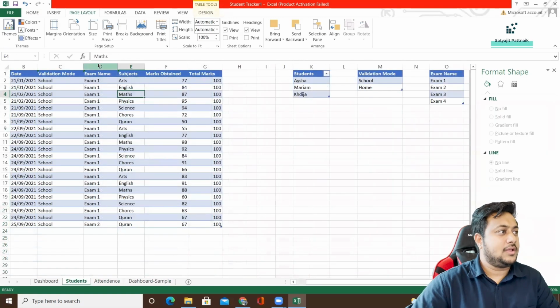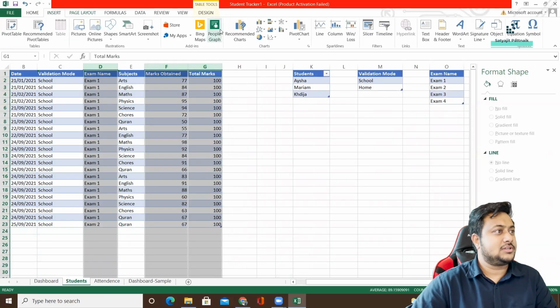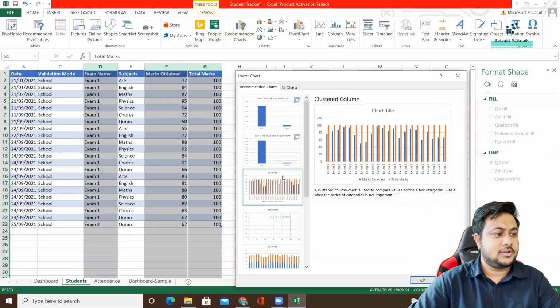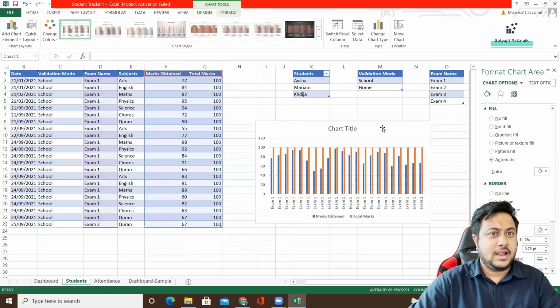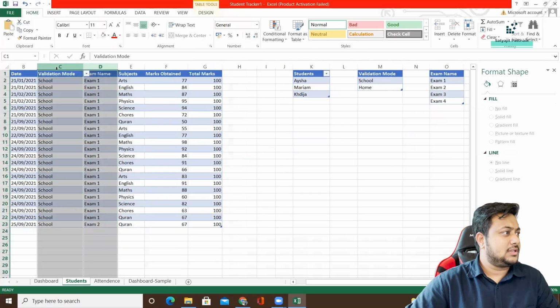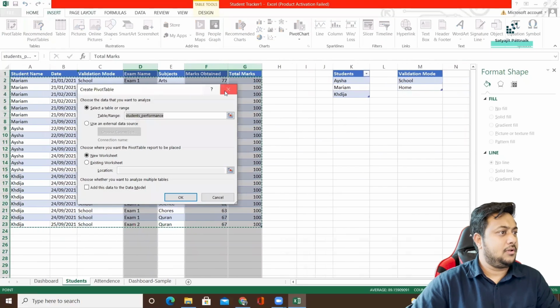Let's say I want exam with marks in this one. I will insert my chart, and let's try to add some changes. Exam one, oh, I don't want this one. This is not good. So let's try to create a pivot table,